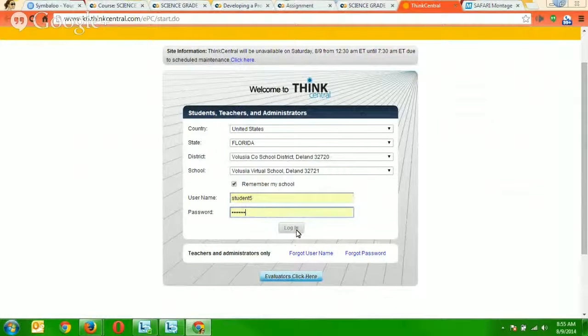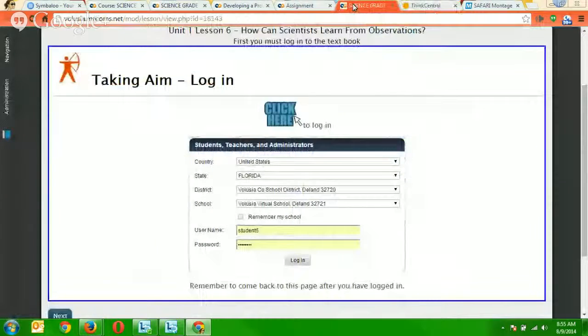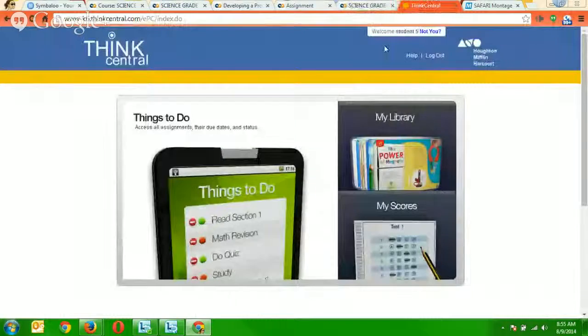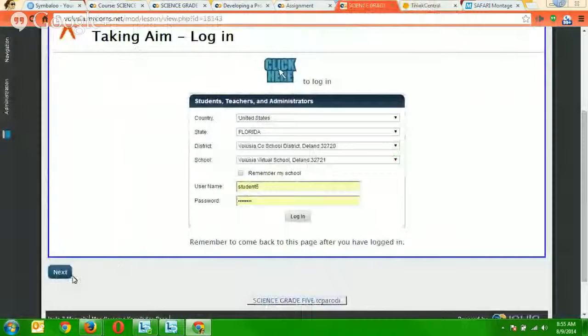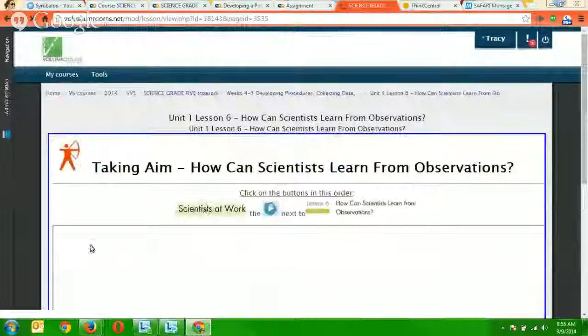Sometimes it grays out this login button. Watch the trick I learned. Hit the space bar, and then backspace, and then it lets you log in. Don't know why, but that's how it's done. So once you've logged in, you can go back and click next, and then it'll let you be in the